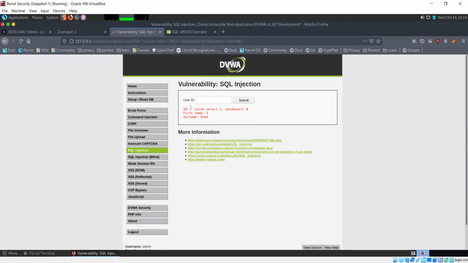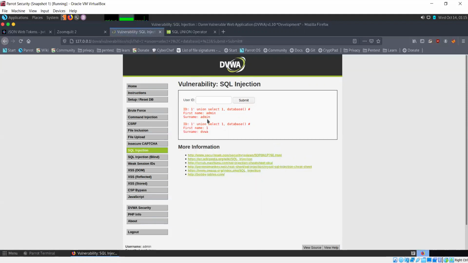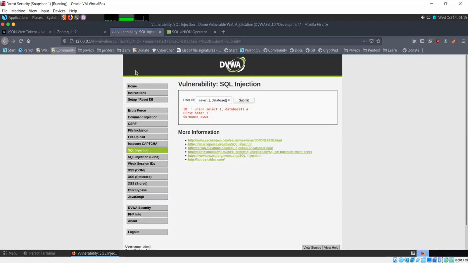Now I'm not including anything before the first single quote, but I can do that if I want to. I can include a value here. I'm just not doing that so that we get only one result and we don't have to look for other ones. If I were to specify one union select, then this would just give us an additional result, which is not what we are looking for.